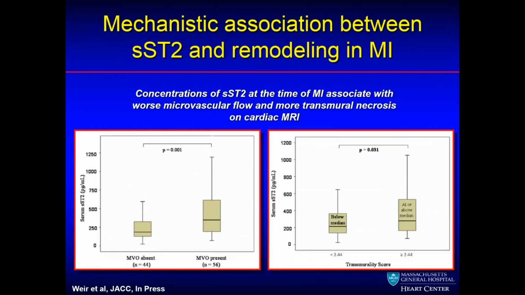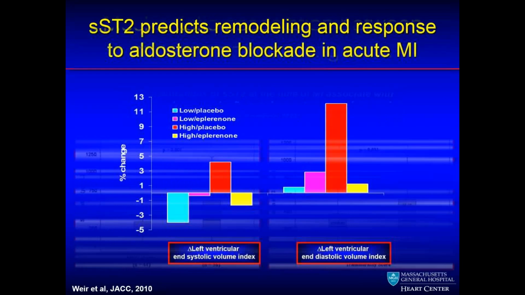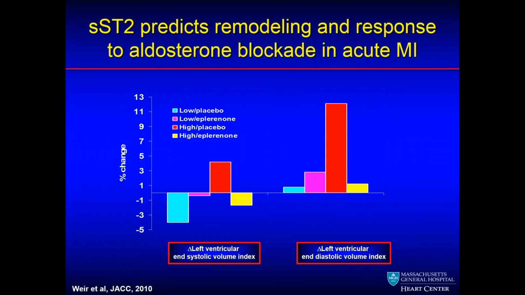Mechanistically, there are data now that show that concentrations of ST2 at the time of myocardial infarction are associated with more transmural necrosis as well as worse microvascular flow. And interestingly, treatment with anti-remodeling therapy after myocardial infarction with a mineralocorticoid receptor blocker, in this case eplerenone, not only was more effective in patients with an elevated ST2, it was only those patients with an elevated ST2 that had any benefit from treatment with a mineralocorticoid blocker